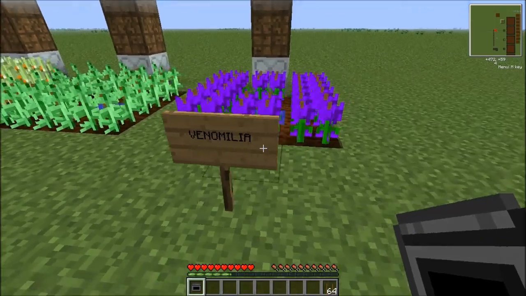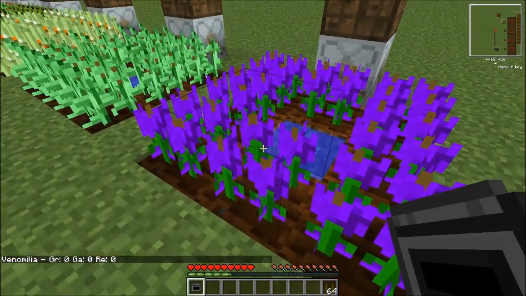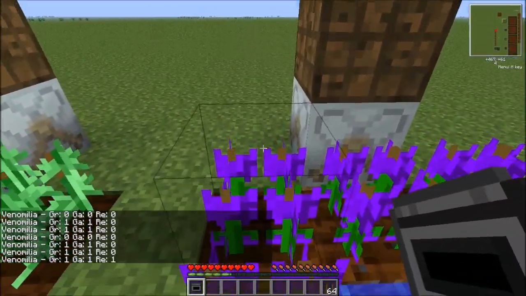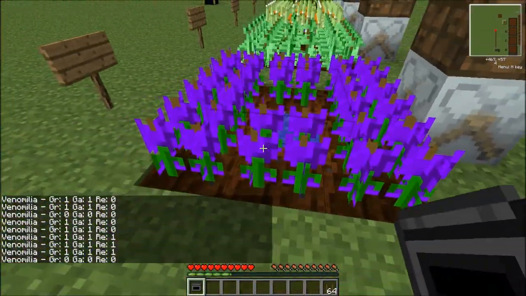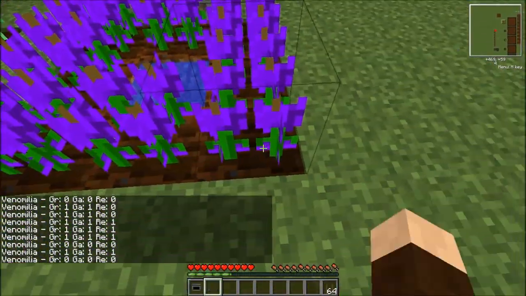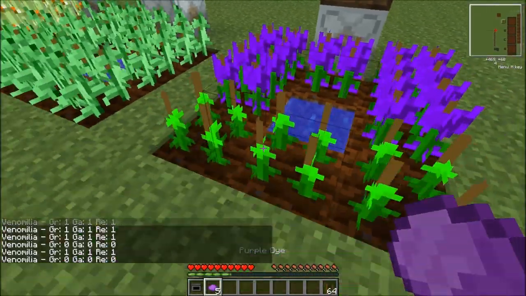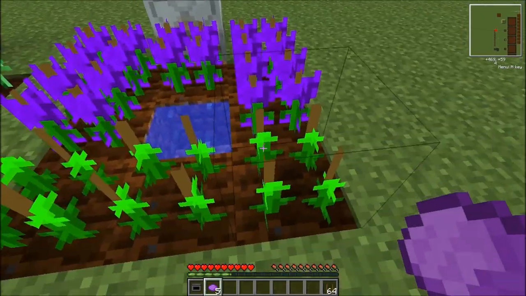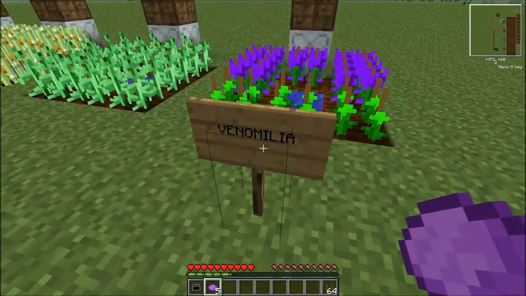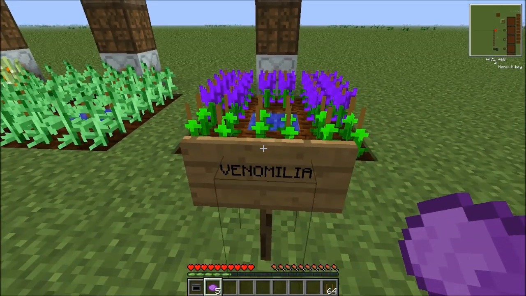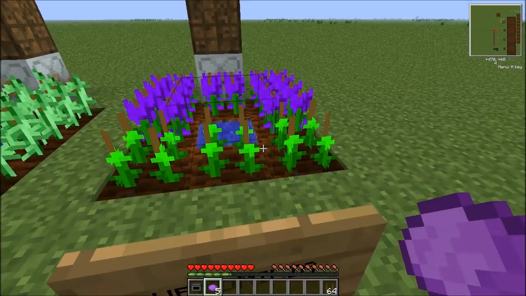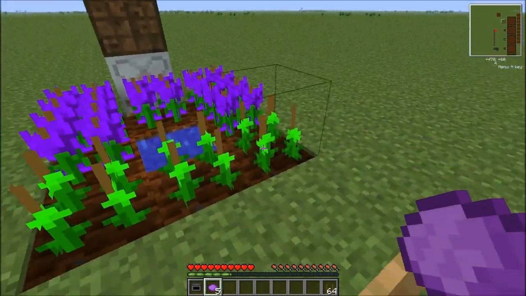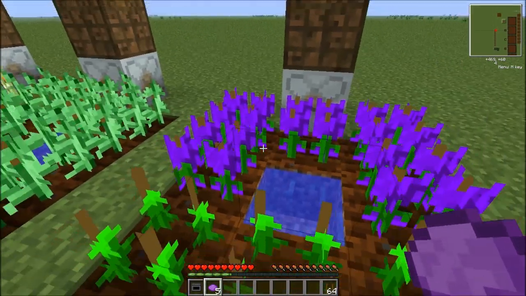This is called Ventimiglia, and one of the aspects of the Ventimiglia, since I planted these by hand, you can see that they have preset numbers, and this is what happens when you plant a seed bag. First off, you can get purple dye from them, but secondly, the Ventimiglia specifically, and that's the dark purple flower, will increase the rate at which weeds will grow and spread around them. There are currently no weeds, so it's not going to have any effect, but